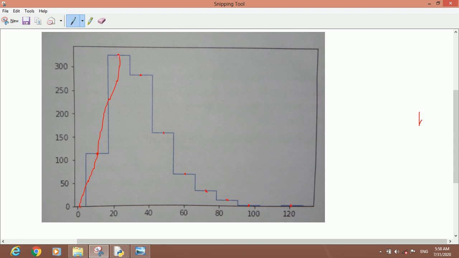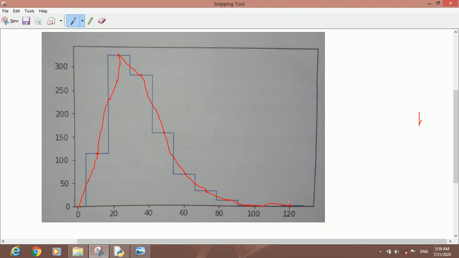Then from this one come this side, then from this one we can come down, then from this one we can connect this, then from this one come to this one. Now from this we can go there, and from this we can come here, and at last we can go straight to connect to the last point.